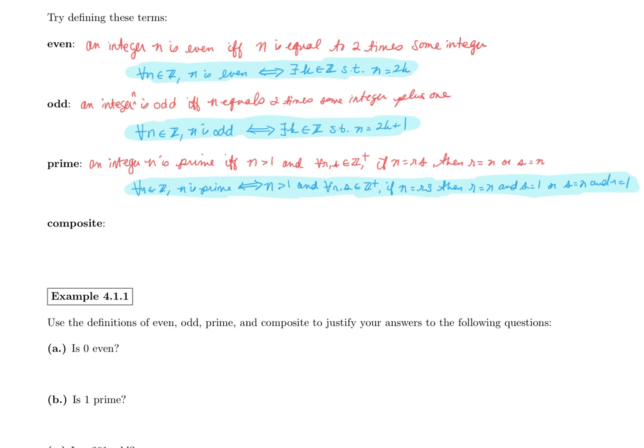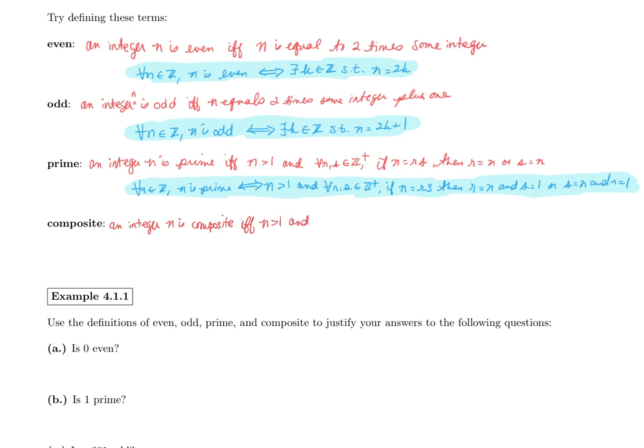And our last formal definition here is going to be a composite number. You may not have known this is what they were called. These are our numbers that have other factors. So if we have prime numbers, we have to have numbers that aren't prime. So these are the not prime numbers. So an integer n is composite if and only if n is greater than 1